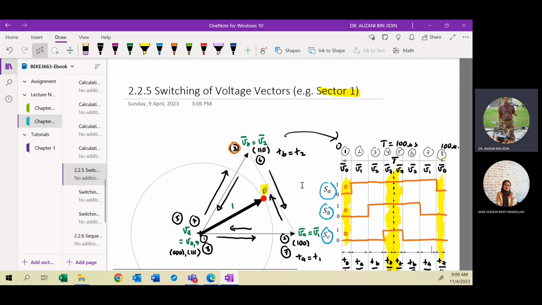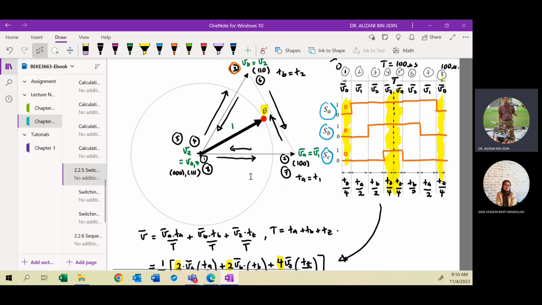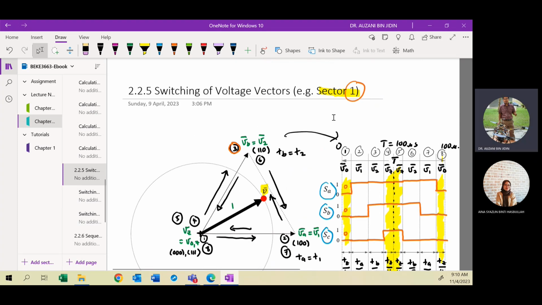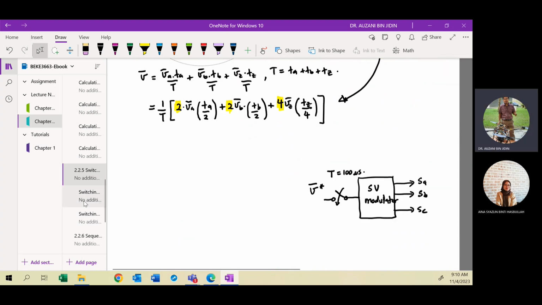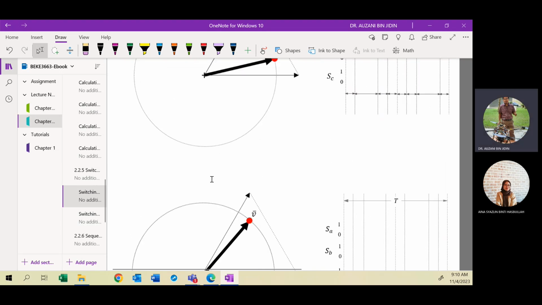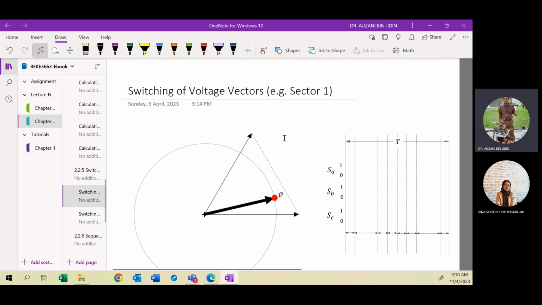So this is for sector number 1. Okay, we try to move for this section, then we can have a break. So sector number 1. Okay, so with this diagram, we want to see the effect of the time or the on